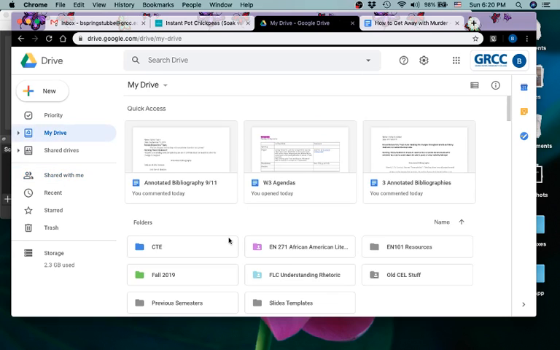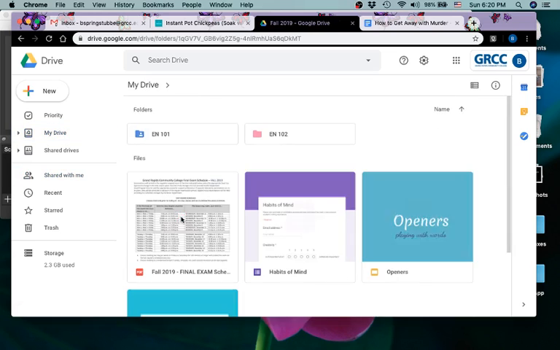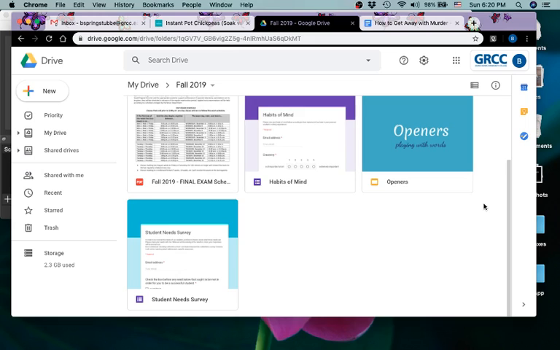So I'm going to open a folder. If I wanted to create a document that goes into my Fall 2019 folder, I would have to open that folder, which is what I just did. And so you can see I have some documents that are just Fall 2019 documents. If I wanted to create something in that folder,